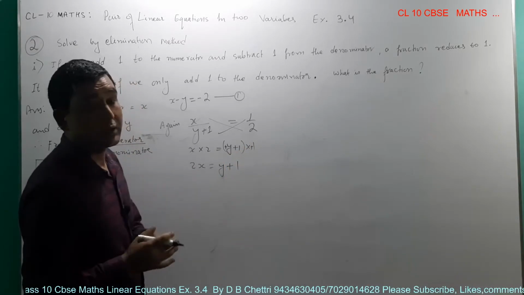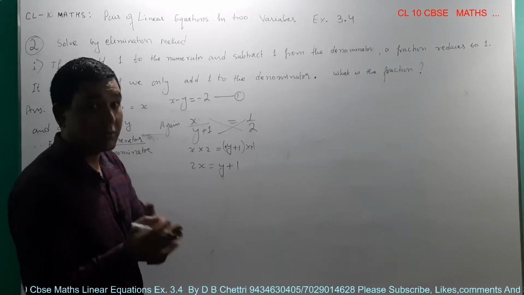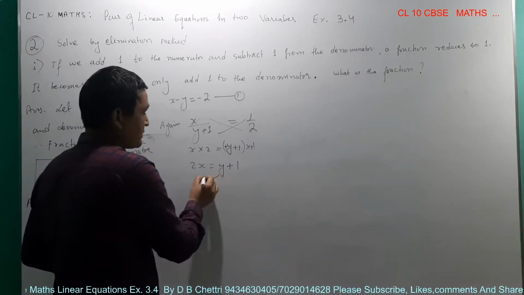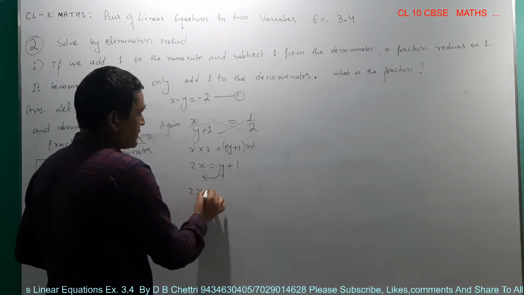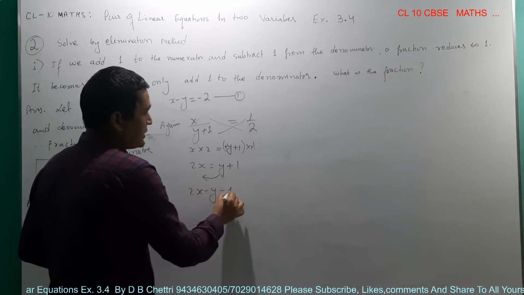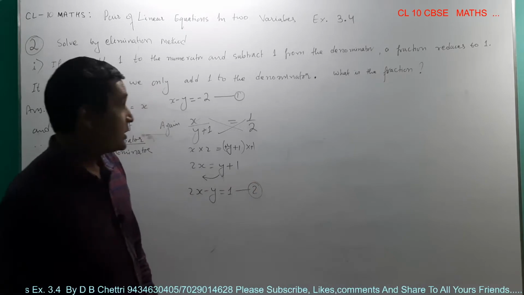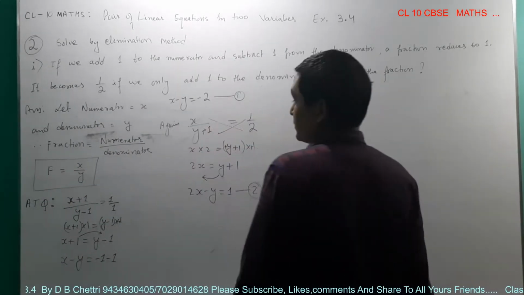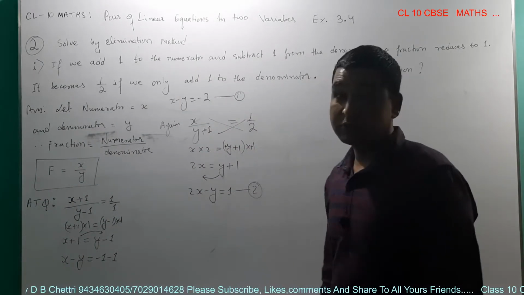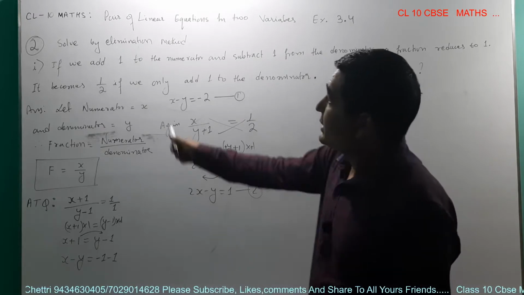Now together the variable one side and number one side. Now let's take this y to the left side: 2x minus y equals 1, and this is marked as equation 2. Okay, now let's copy equations 1 and 2 together, because we are going to solve these questions by elimination